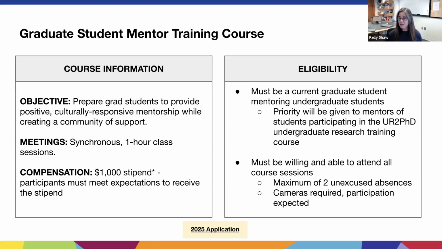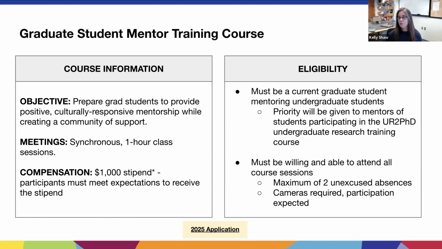There are a few discussion questions that students are asked to, like maybe 5 times during the term, write a response to, and then comment on other students' comments on Canvas. But other than that, there isn't really any outside of class assignment. At the end of the course, assuming the grad student has completed all of the requirements, UR2PhD pays them a $1,000 stipend